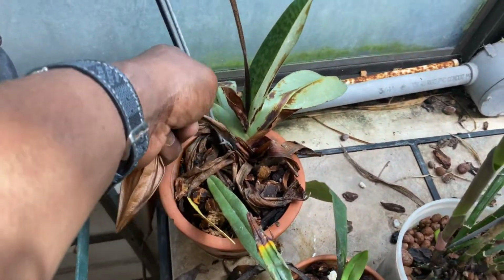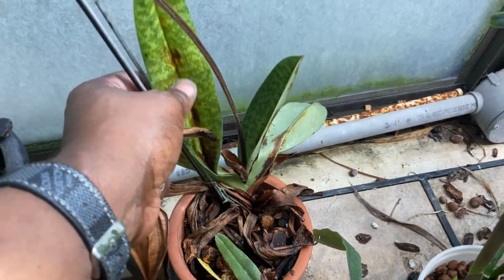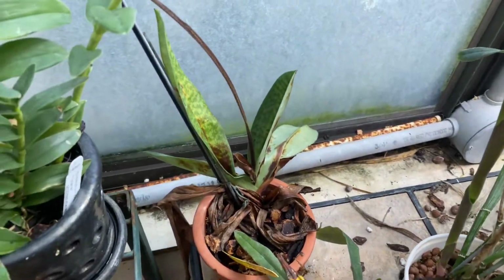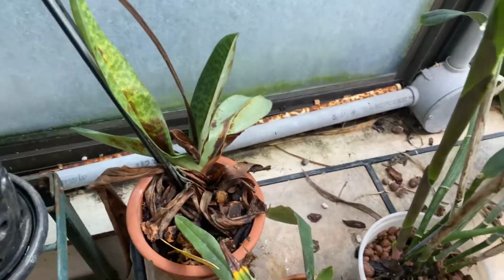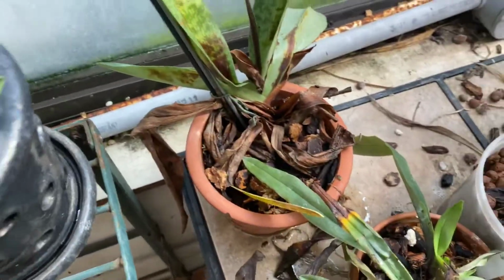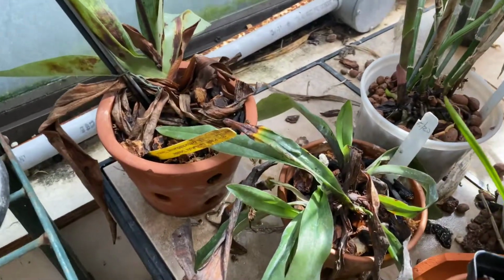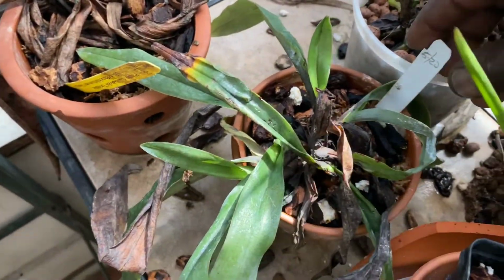So even though the leaves look worse for wear, I'm hoping that it puts up a new growth, a new fan, so that the plant continues to grow and hopefully bloom. The blooms are spectacular. And the plant in front is my recovering, very nicely,